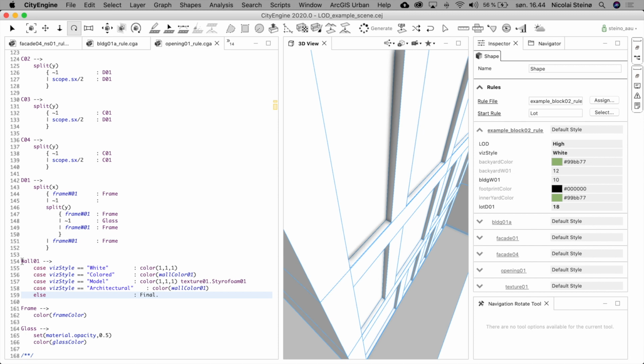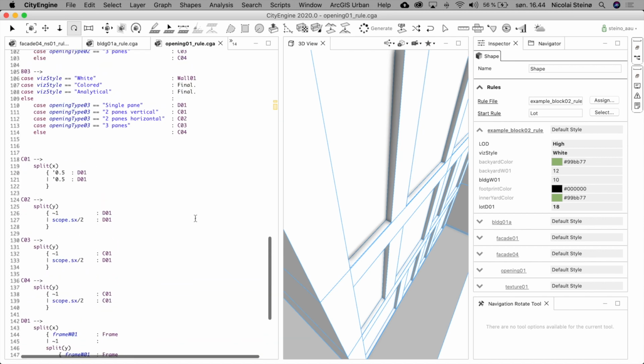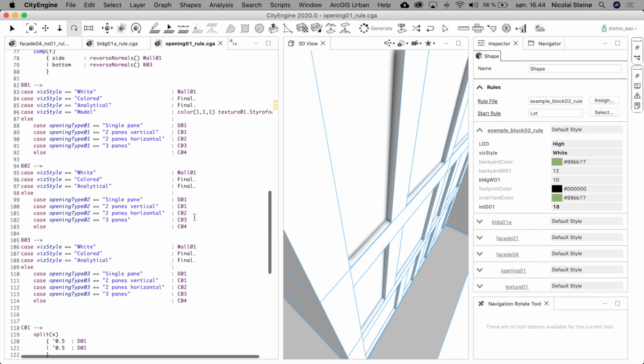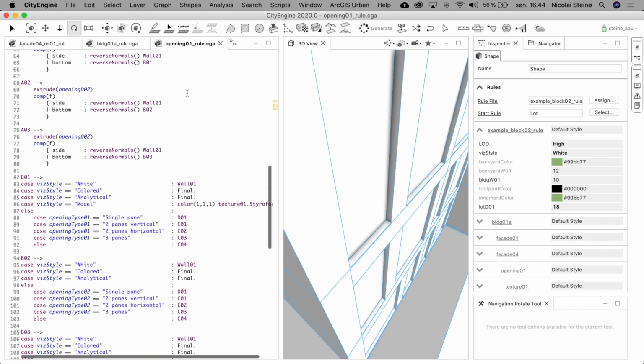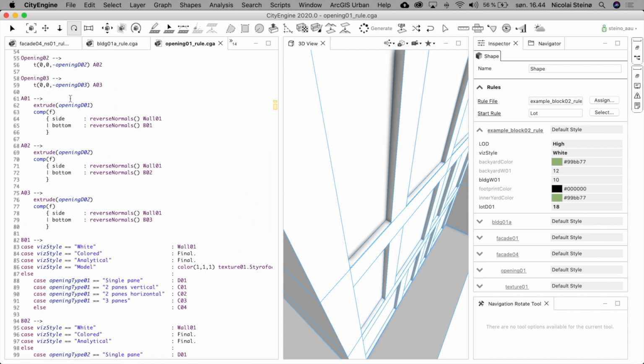So wall needs to address the different visualization styles and act accordingly, and so does actually higher up where the setback is done. It's here we translate the opening shape and we extrude it, and then in case